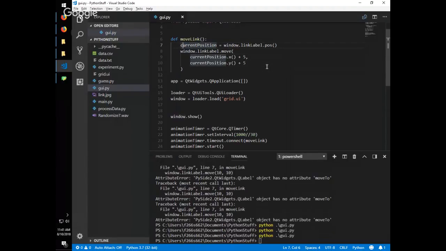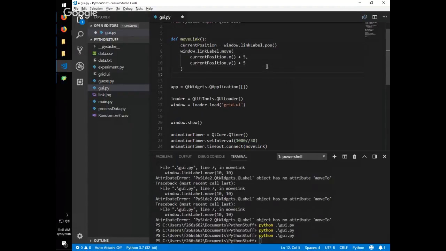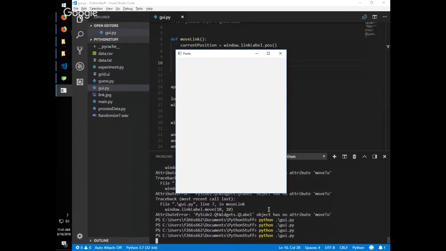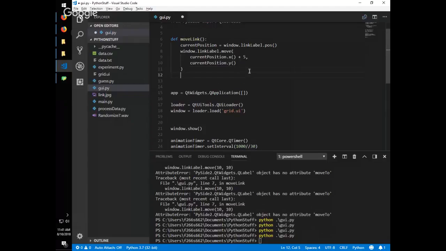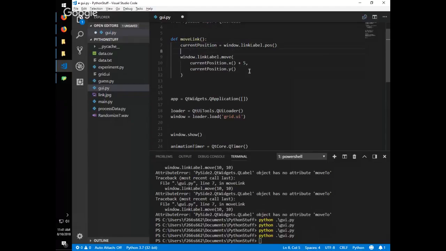We will calculate his new position, and we'll say he needs a direction. For now, let's just worry about his X coordinate. We'll do this kind of piecewise. So now it's just going horizontally. We want to see if he needs to bounce, though. So we'll see if his current position X plus 5, where we want to move him to, is greater than the window's width. If Link's current X position plus 5 is greater than the width of the window, then we need him to